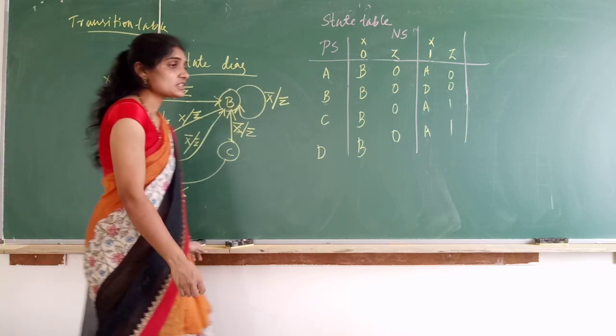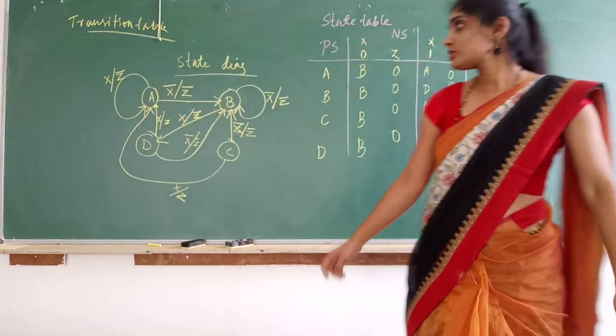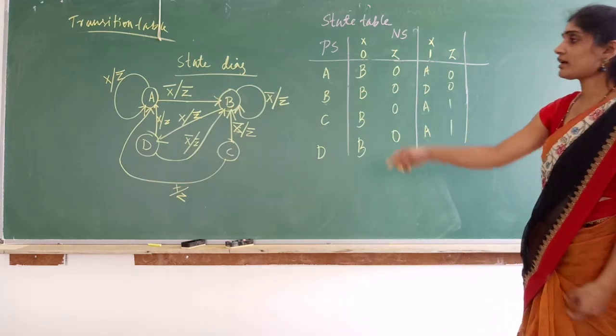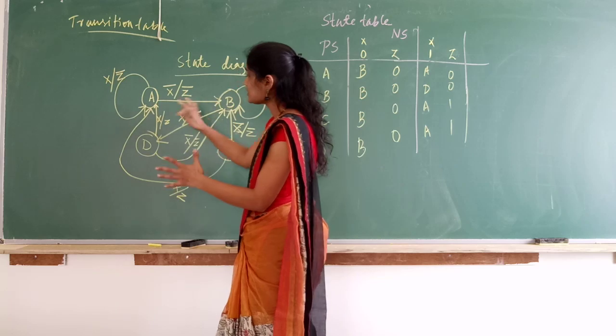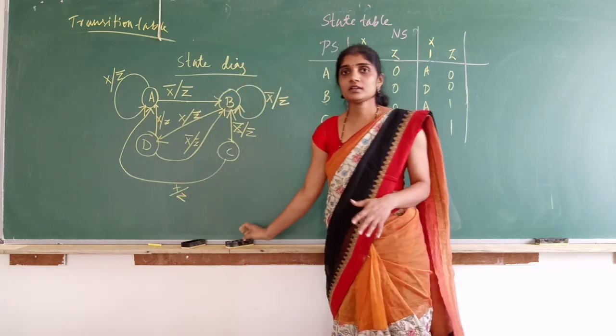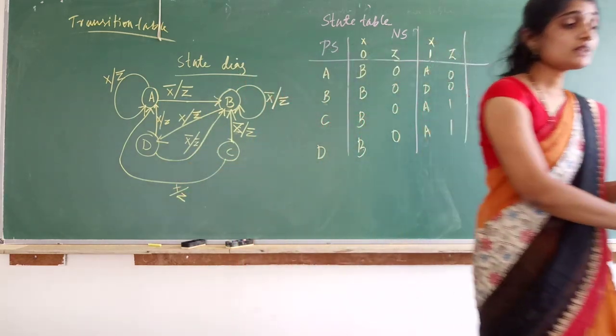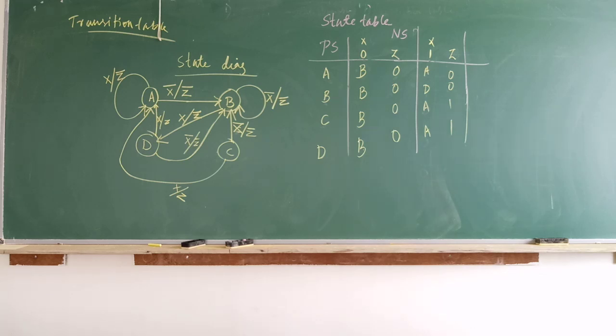Okay, so this is the state diagram for the given problem. Looking at the state table, you can write the state diagram. You can place B here, C here; the structure of the state diagram will be different, but otherwise the analysis will be correct. So this is an example of how, when a circuit is given to us which has an input variable and an output variable, we end up with a state diagram. Okay. Thank you.